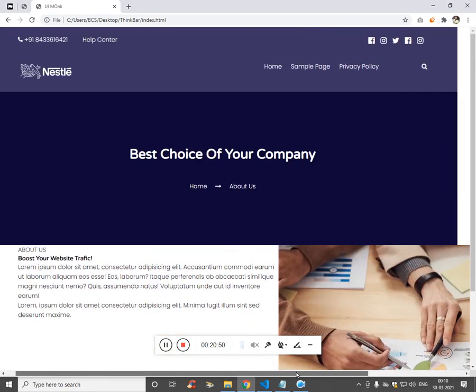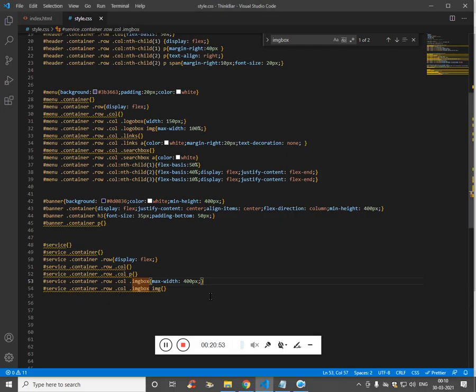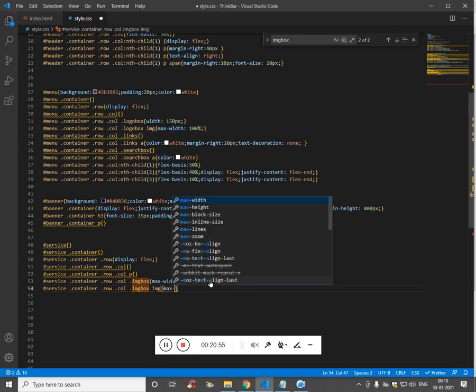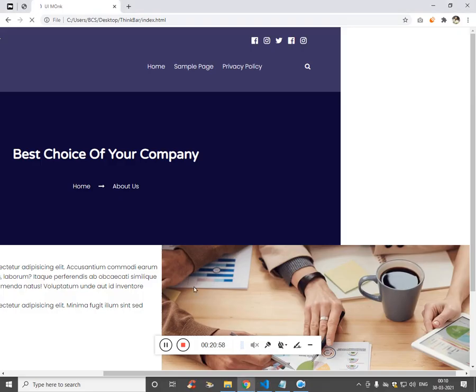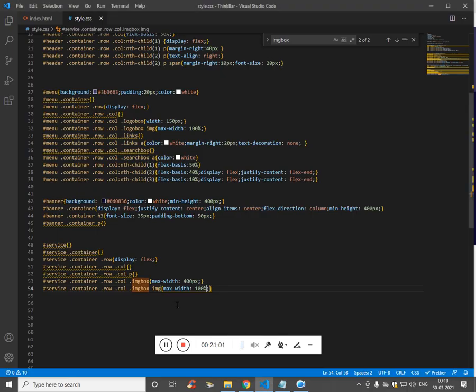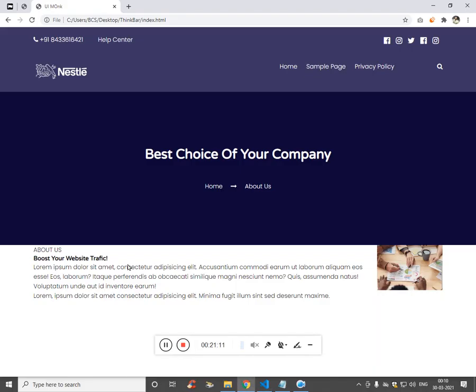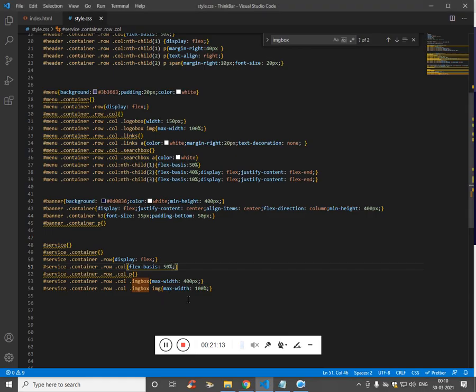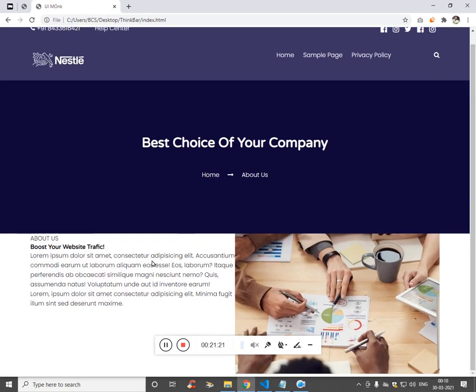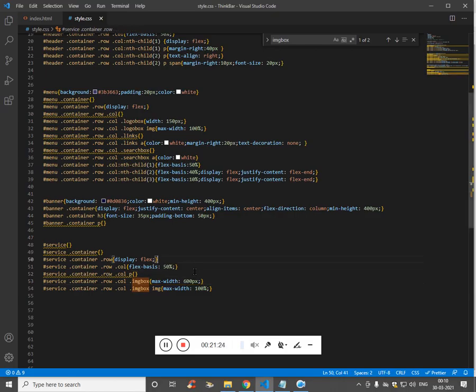The only thing is overflow. Then let's add max width 100% for the image, and let's add the flex basis for the columns. This time it's going to be 50%. Great. Now to differentiate the first column,